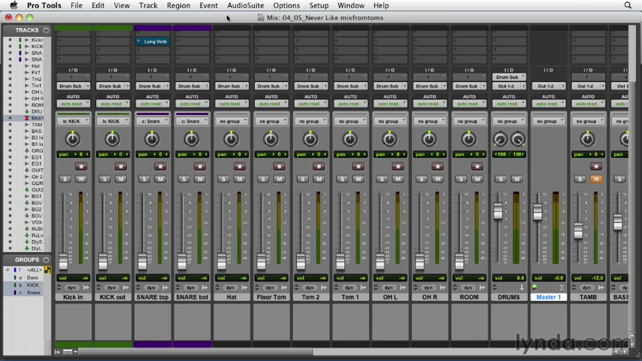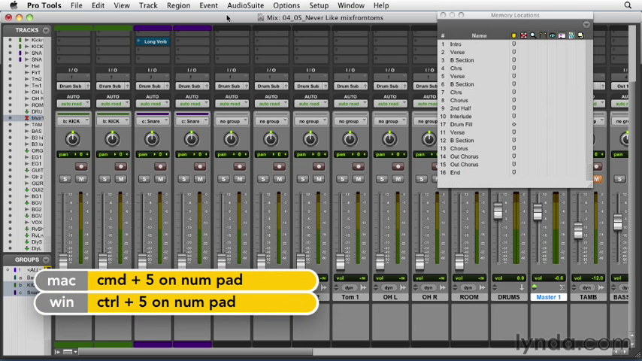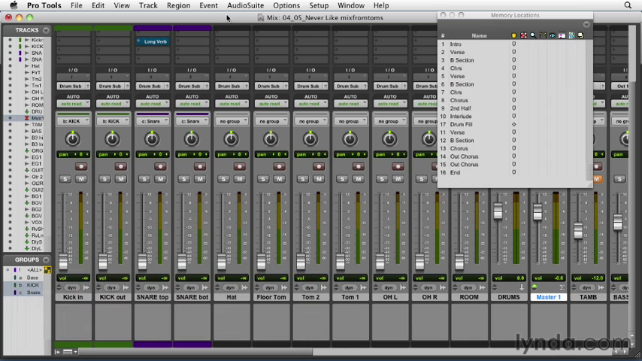So in order to start from the toms, the first thing we're going to have to do is find a place in the song where the toms are playing. What I'm going to do is hit Command number 5. That's going to bring up our memory locations. And I've already selected a memory location where the drum fills happen. So we come down here to drum fill, click on that, and now we should have a nice drum fill